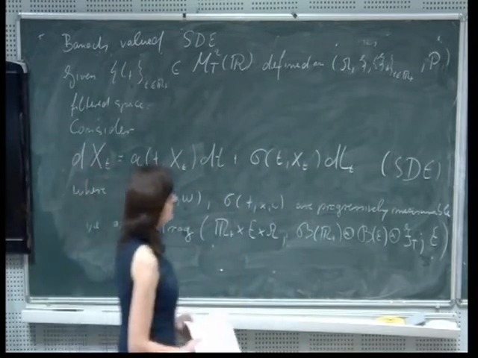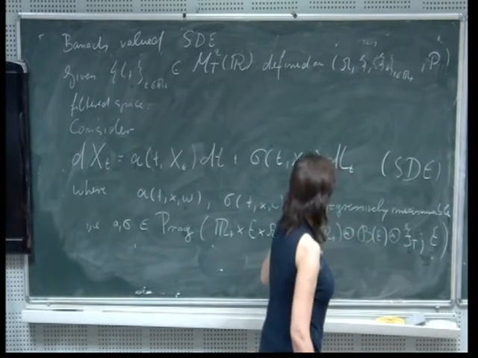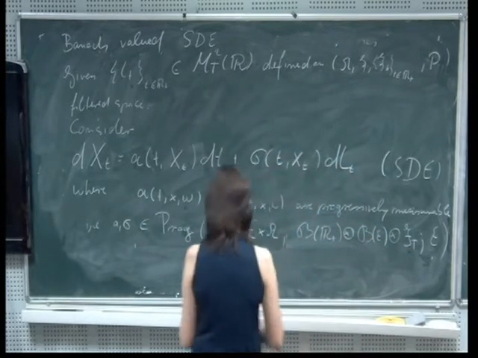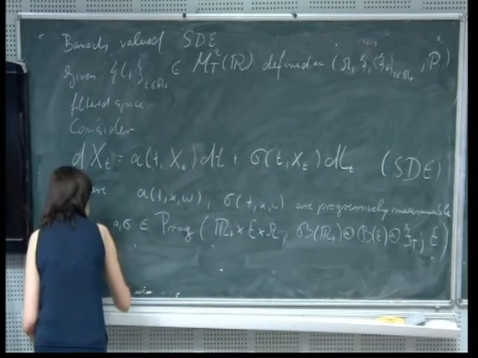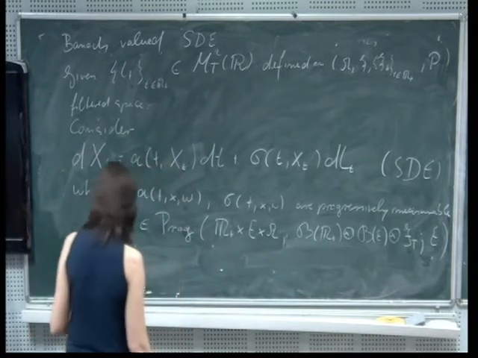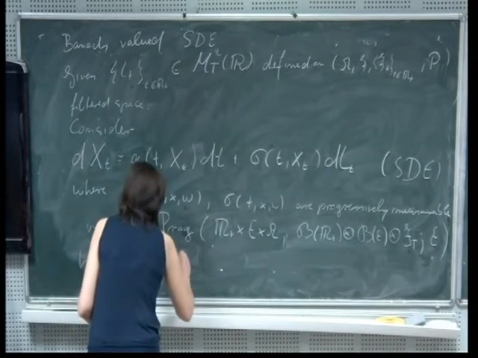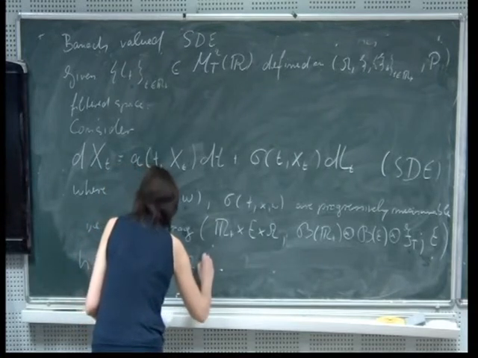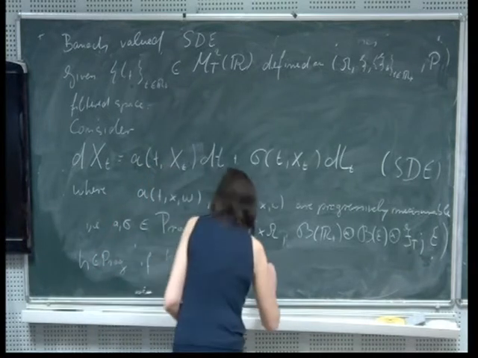I mean, it's not sufficient that they are measurable at the end time. They have also to be adapted at any time. So a function h is in this space of progressively measurable functions, I just say prog, if h, which goes from R plus times E times omega to E,